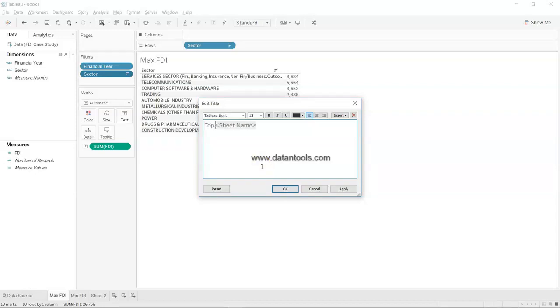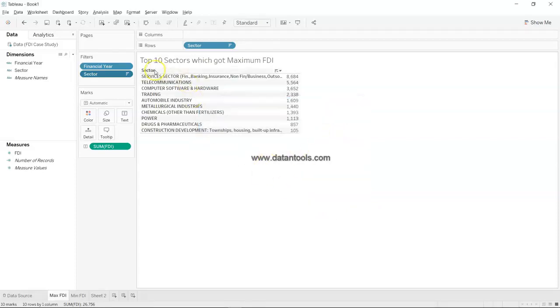So I will change it even here: top 10 sectors who got maximum FDI, and I will just remove, apply, and it should not be who, it should be which, if we go by proper English. Maximum FDI. Click OK. So top 10 sectors which got the maximum FDI,